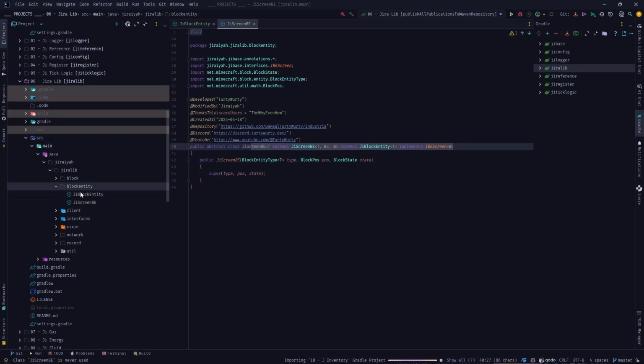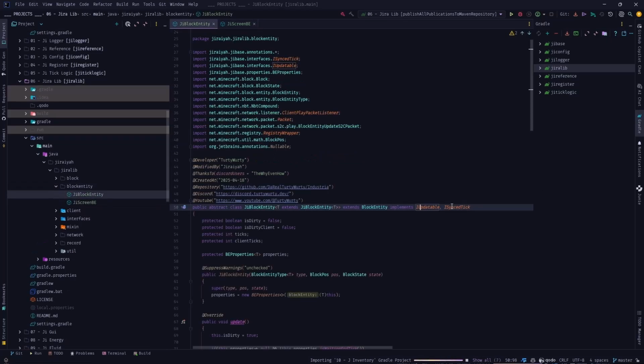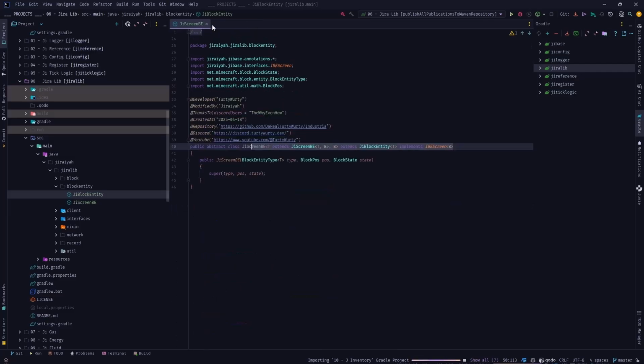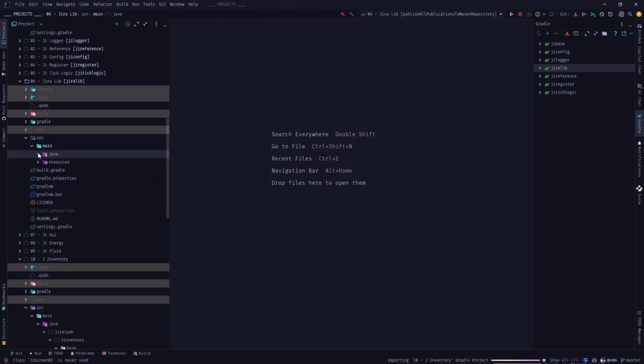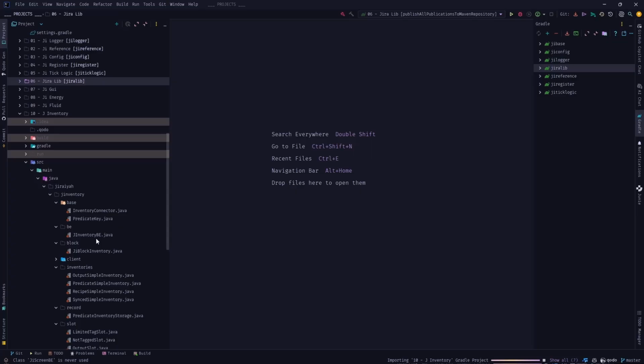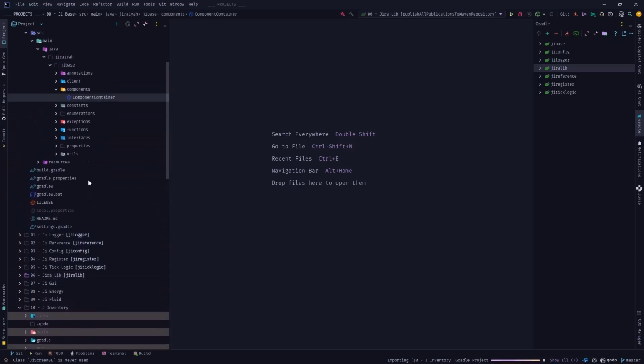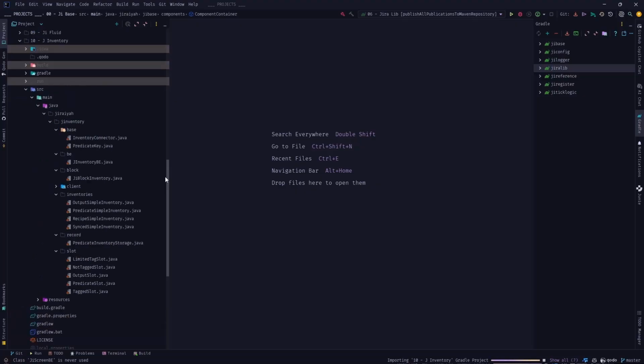If I'm gonna do something as simple as updating, ticking, and syncing a block entity, then why should I overcomplicate things by adding an extra layer of abstraction for the components and saying that, hey, anything that has the component now should be updatable or should be syncable? That doesn't make sense, because at the end, the only place that I will use that component would be the inventory connector itself. And the inventory connector is the concept that needs to be synced and updated inside any block